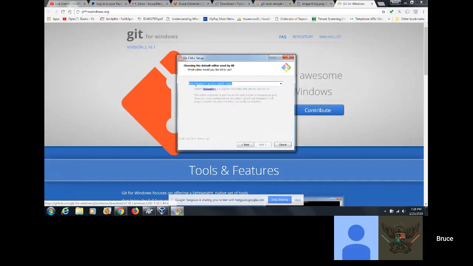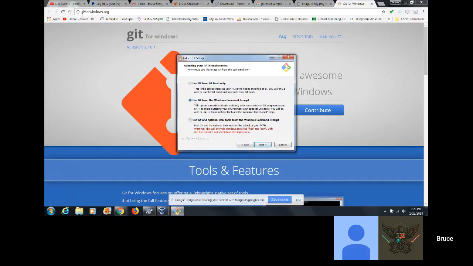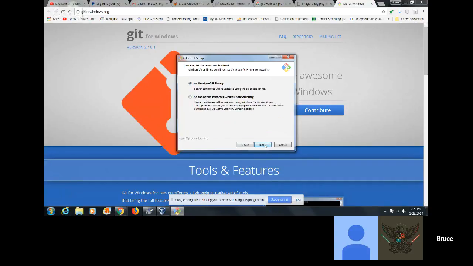I'm going to change mine to say use Notepad++. Ooh, I don't like it. Well, anyways, it doesn't matter. Use Git from the Windows command prompt. Yeah, default.